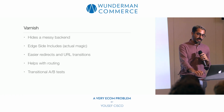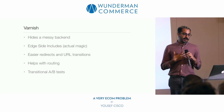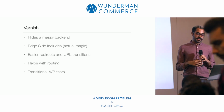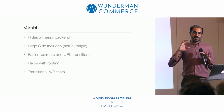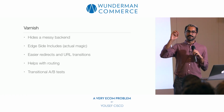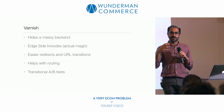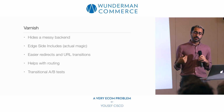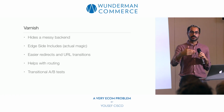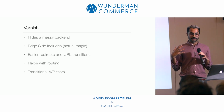But if you're doing this, Varnish is going to be your new best friend. For those of you who don't know, Varnish is an HTTP accelerator. It's a cache and reverse proxy. The beauty of Varnish is that you get to program it. With Varnish configuration language, you literally get to write code at the edge. This is a super powerful tool because you can write code before the request even hits your backend. So when you're doing a big migration like this,